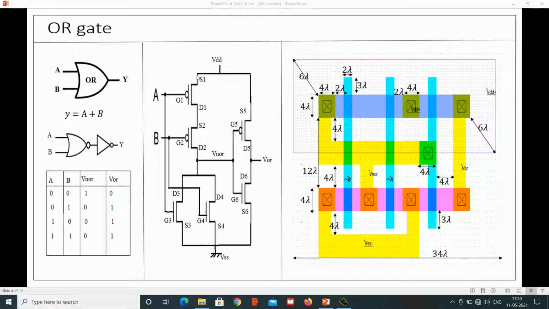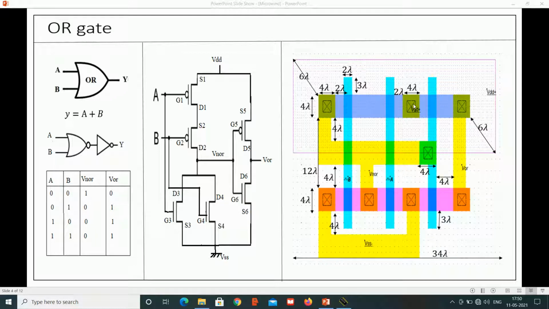So this source of PMOS and this source of inverter PMOS are connected to VDD. So this is the inverter and this is the NOR gate. We can consider any side of the polysilicon as source and drain. I have considered this side as source.